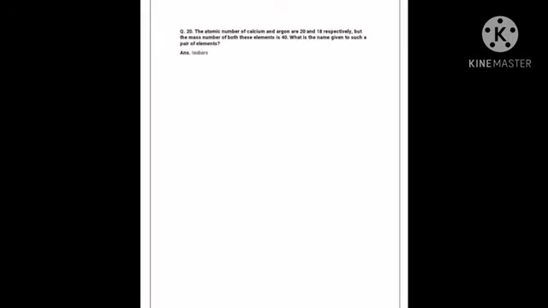So atomic number is equal to number of electrons, that will be 15. So we will write 15 at the bottom, right? Then we will find out the mass number. So mass number is equal to number of protons plus number of neutrons, right? So number of protons is equal to number of electrons, which is 15, and number of neutrons is given here, that is 16. So 15 plus 16, that will be 31. So mass number is 31, right?